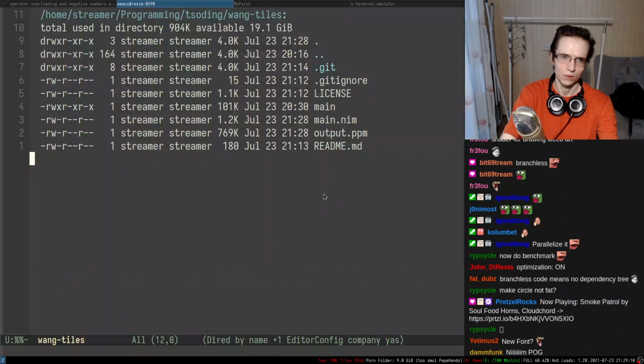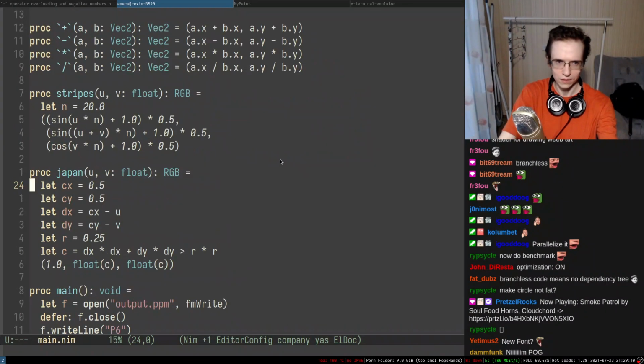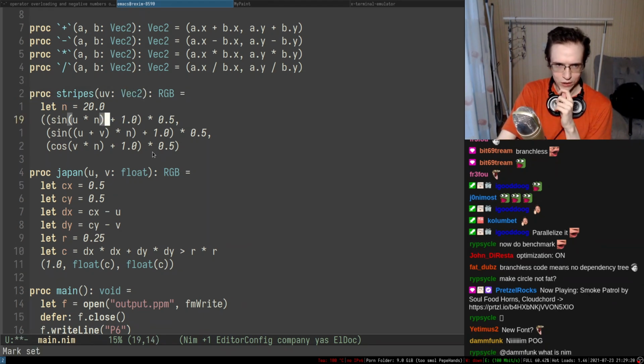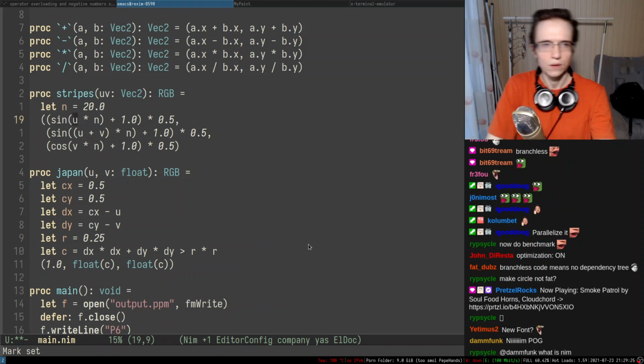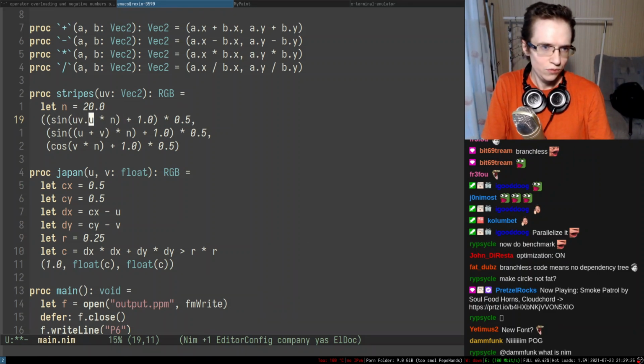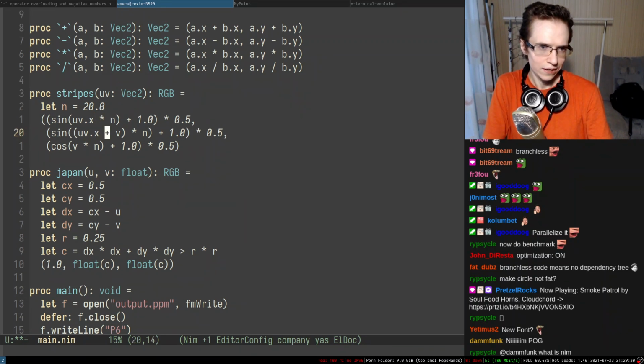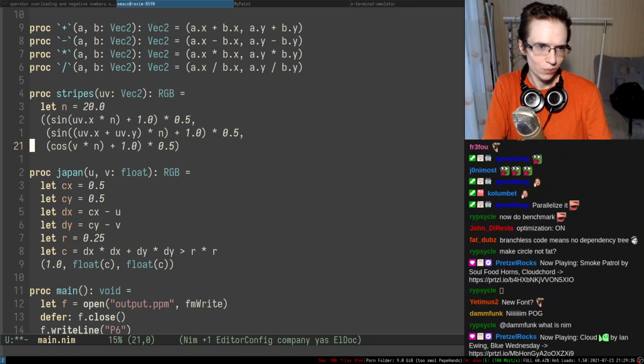You know what? We could do the following thing. I can accept the UV as vec2. I think that would be actually kind of cool. So UVX, UVY, UVYN.